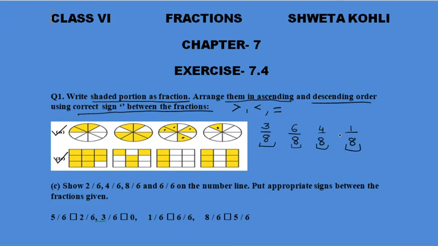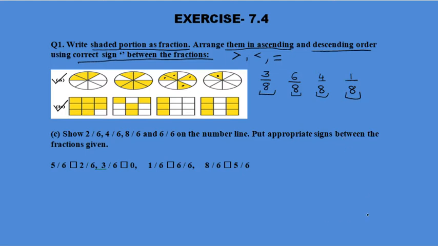So while showing the fractions in ascending and descending order, what will you do? What is ascending order? Ascending order is when we arrange the fractions from lowest to greatest. So first of all, we'll show ascending order. Ascending order. In fractions, आपको पता कैसे चलेगा which one is greater? If denominators are same, the fraction having the greater numerator is the greater number.